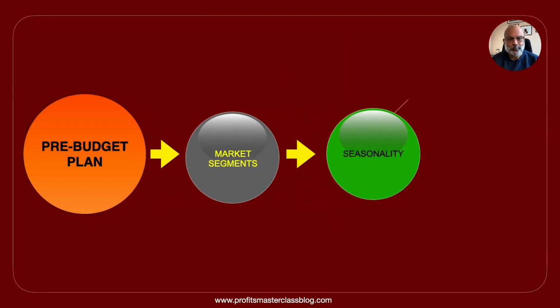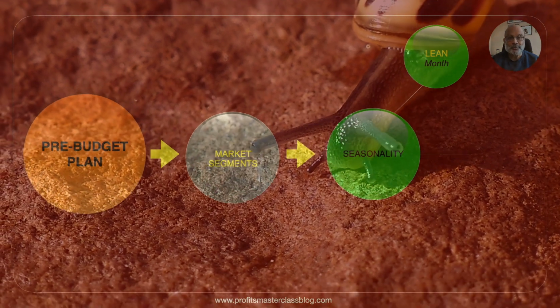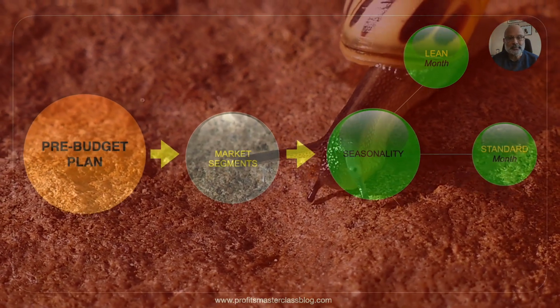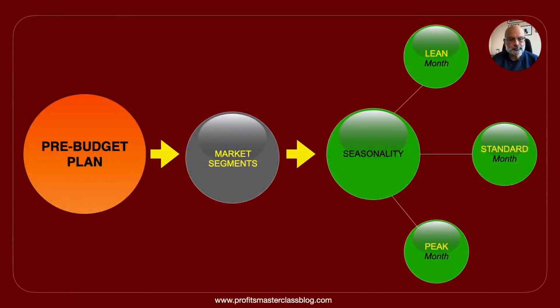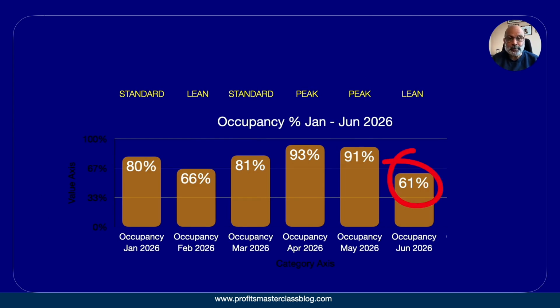But what you need to understand most is that market segments and hotels are varying in occupancies from month to month as well. See the chart in the next slide. The most common form of seasonality in the industry is the monthly variation. Note from the chart how the hotel occupancy went down to 61% and then shot up to 93% between lean,